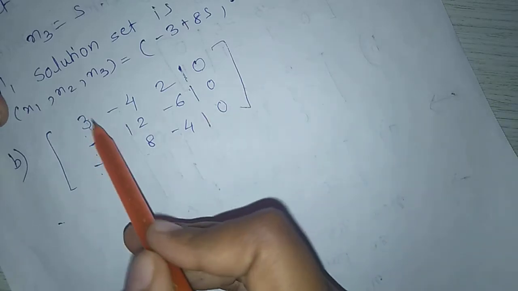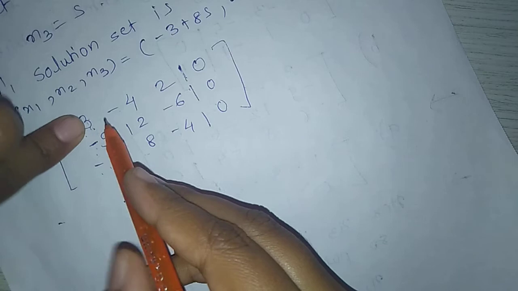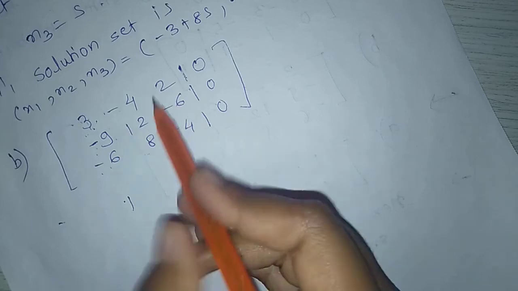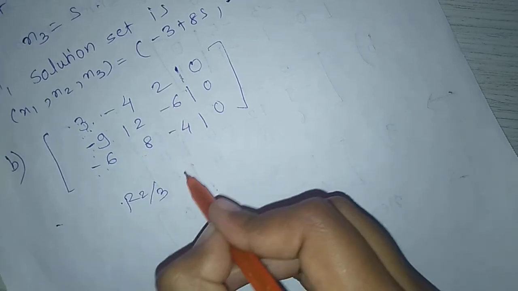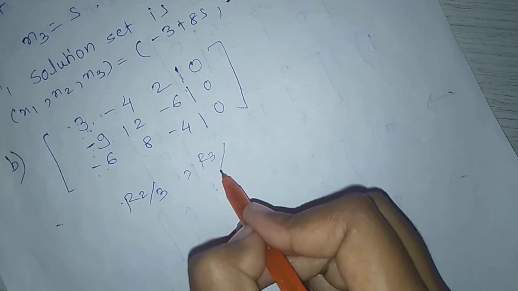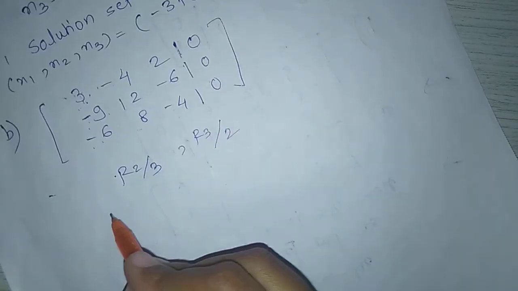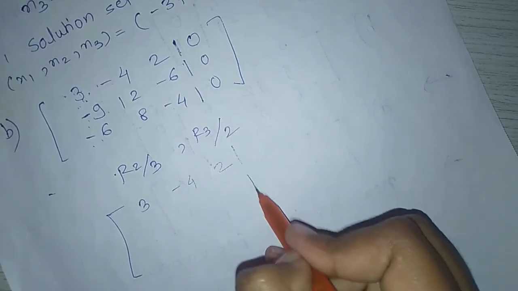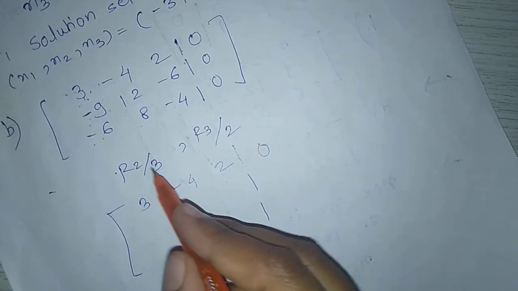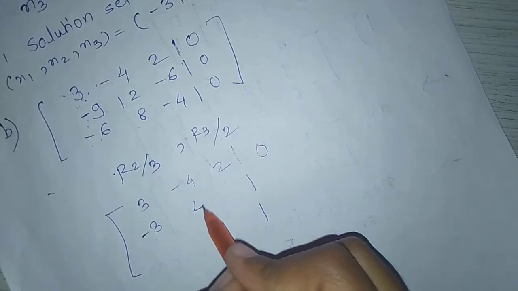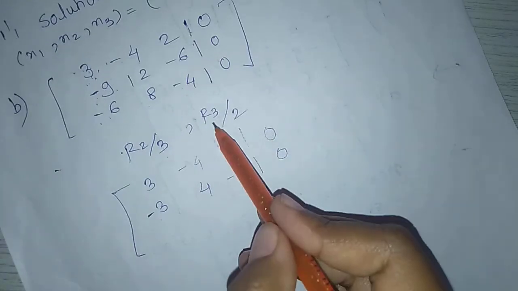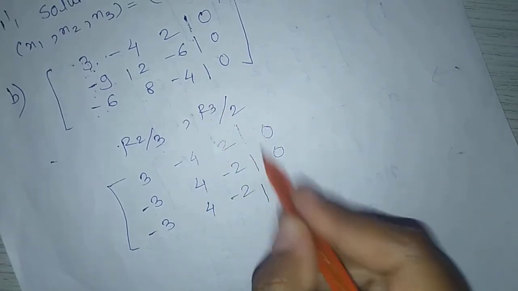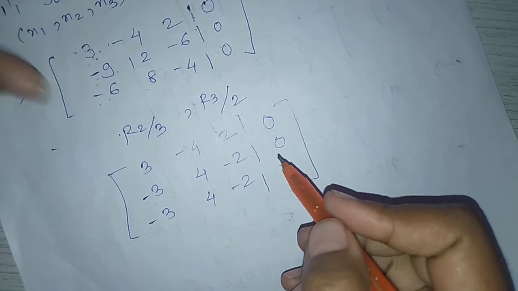Multiply this, plus 9 multiply this. But when we reduce these numbers to 1 or to 3, suppose R2 upon 3 and R3 upon 2, we get 3, minus 4, 2, 0. Next, R2 upon 3 means minus 3, 4, minus 2, 0. R3 upon 2 means minus 3, 4, minus 4 upon 2 is minus 2, 0 upon 2 is 0. Now it is easy to solve